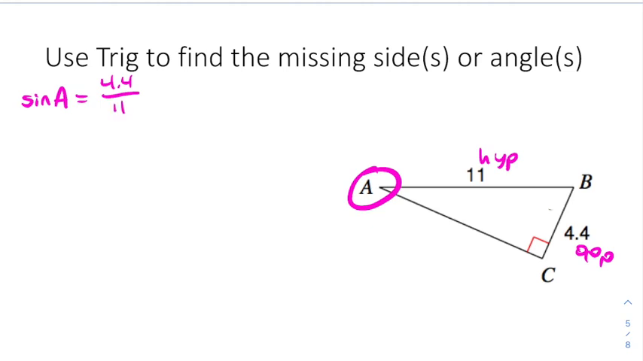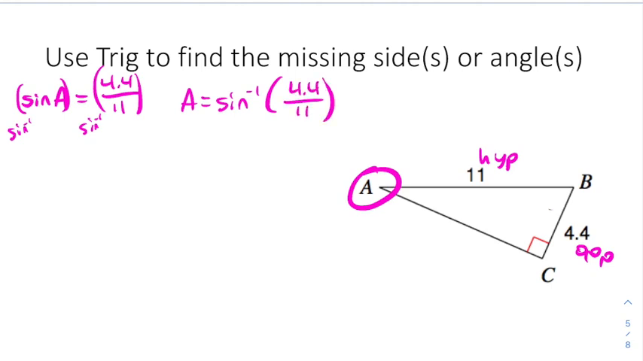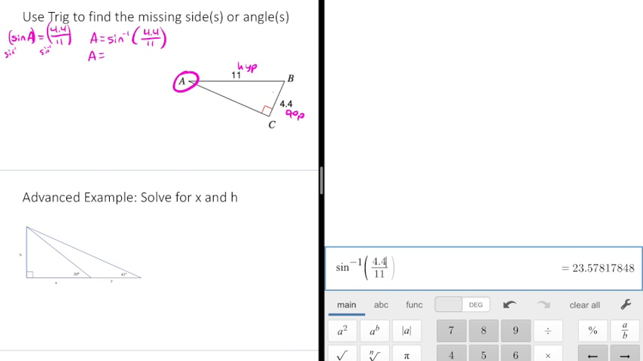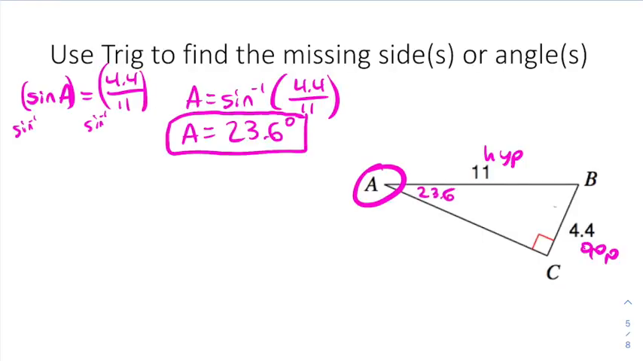This is where we're going to need inverse trig. If we inverse sine both sides, we get A equals the inverse sine of 4.4 divided by 11. Make sure your calculators are in degree mode here, and we get an answer of 23.6 degrees. We'll throw that in, and now to find the missing angle, I don't really mind using this angle that we